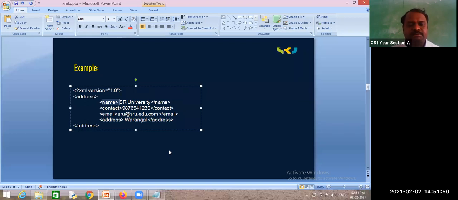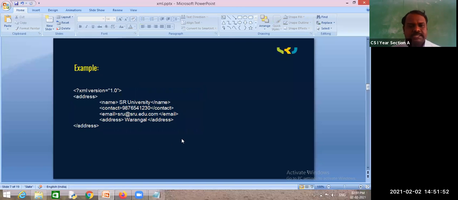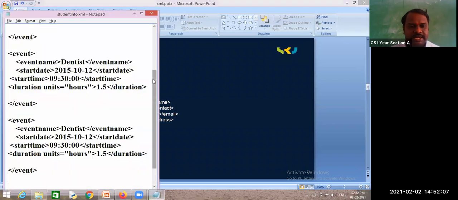Next we will add some more things to that. I will go for this simple example and try to write my XML document. Here, does it contain an element? First step, element. How to write an element? Syntax.